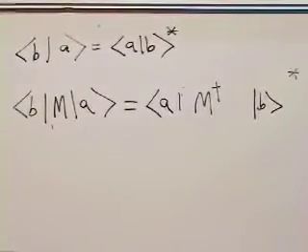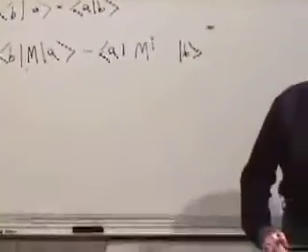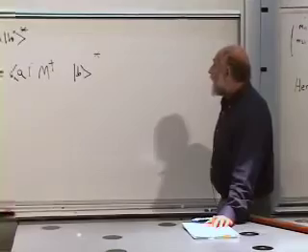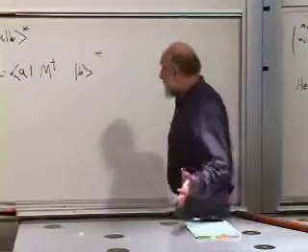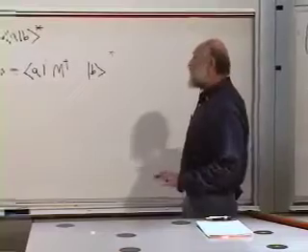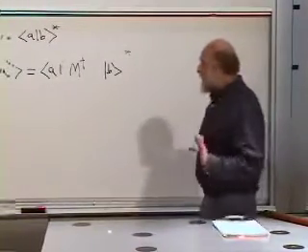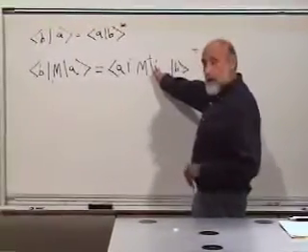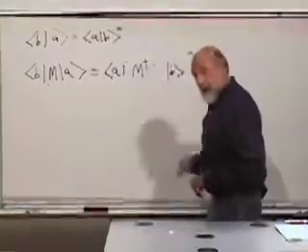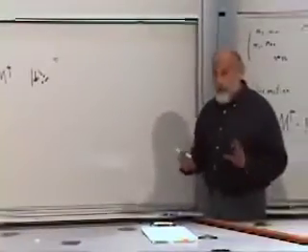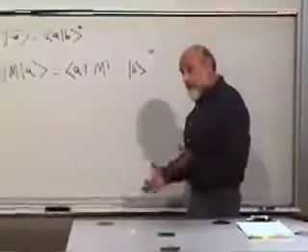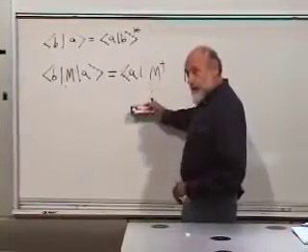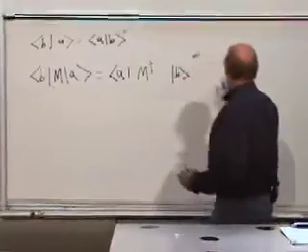So that's a simple fact about complex conjugation of matrices and vectors. But let's suppose that our matrix is Hermitian. Let's suppose that the matrix in question is Hermitian. If it is Hermitian, I can erase this conjugation sign here. If it's Hermitian, it's equal to its own Hermitian conjugate. Definition of Hermitian. So for a Hermitian matrix, and from now on, let's think about Hermitian matrices. For Hermitian matrices,